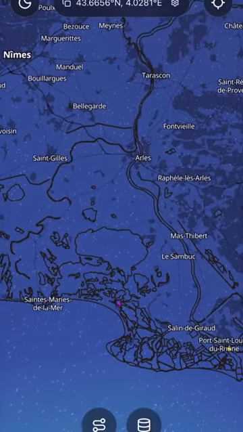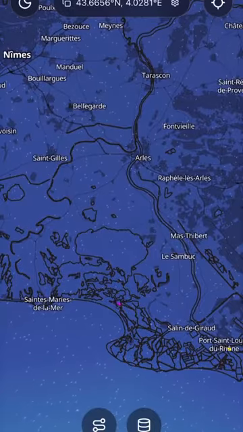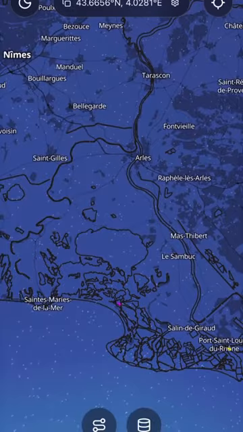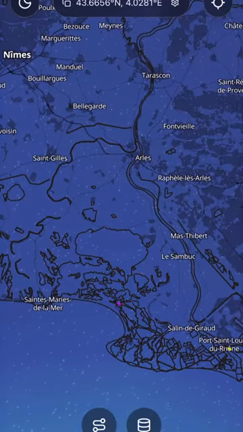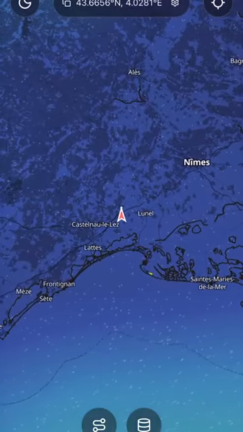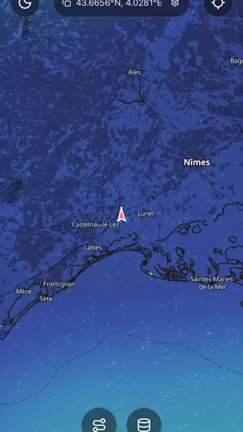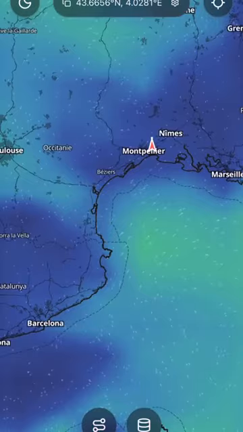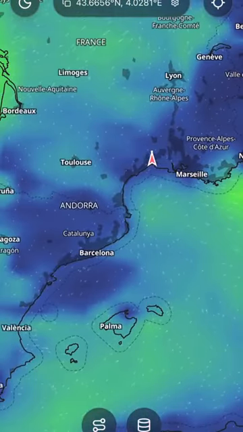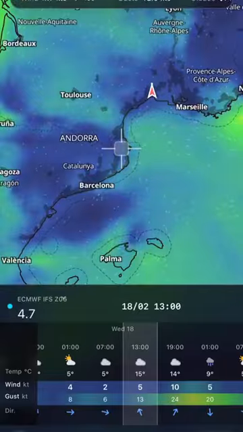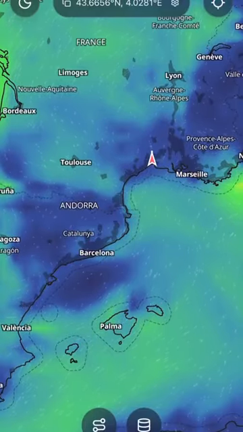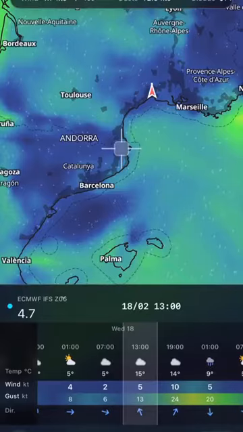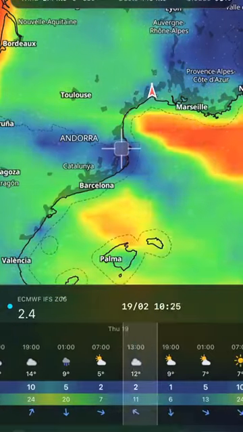Routes and routing. In this tutorial, we'll see how to create your first route and run your first routing. Before we begin, let's clarify two important concepts. A route is your itinerary, the path you intend to follow defined by waypoints. A routing is the optimization of that itinerary. The application calculates the best way to sail your route, taking into account the weather, your boat's polars, and the